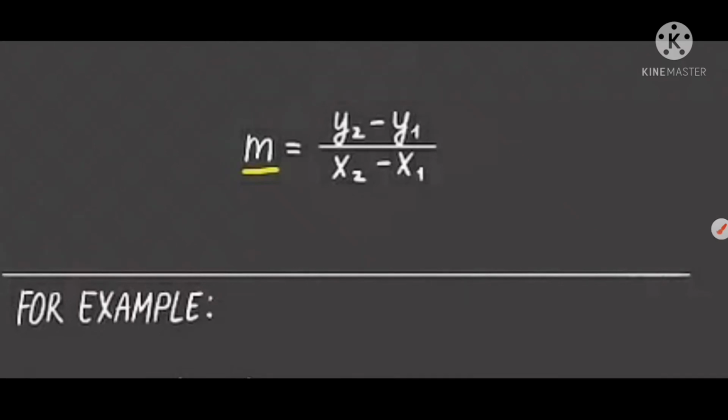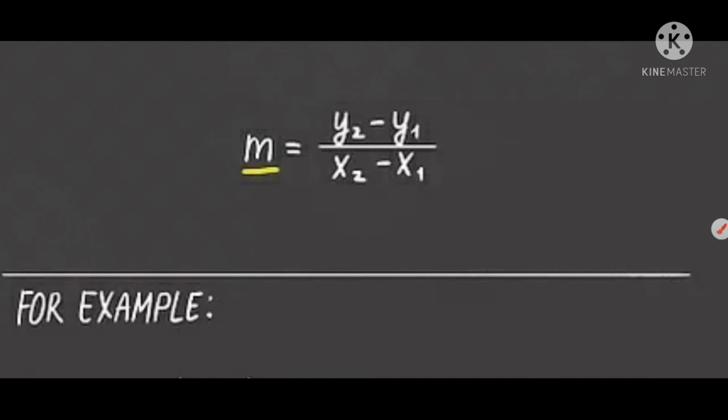This video is for class +1 students of mathematics and the topic name is straight lines. I already uploaded videos on straight lines. I will give the link in the description. You may download from there. Today's topic is how to find the slope of a straight line and different forms of straight lines.